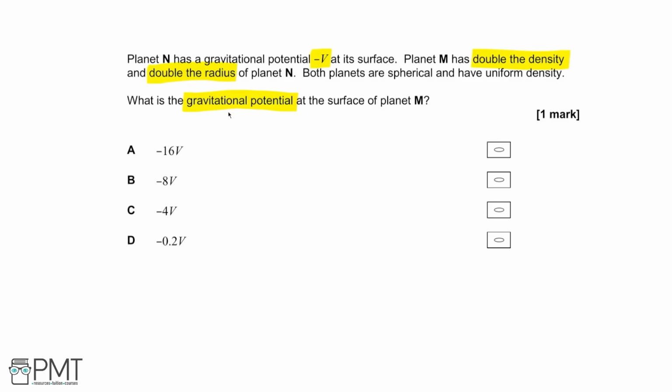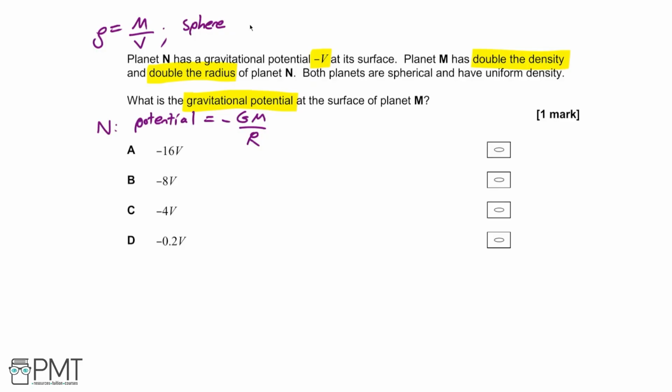In order to answer this question, we need to use the definition of the gravitational potential. So I'm going to write this just as potential, since the symbol V is already in use, and that's equal to minus GM divided by r at the surface of planet N. We now need to rewrite this using our expression for the mass of a spherical object in terms of its density. Specifically, we can use the equation rho, the density of the object, is equal to its mass divided by its volume. Then, because we're interested in getting rid of the mass and writing it in terms of the radius, which we've been told,